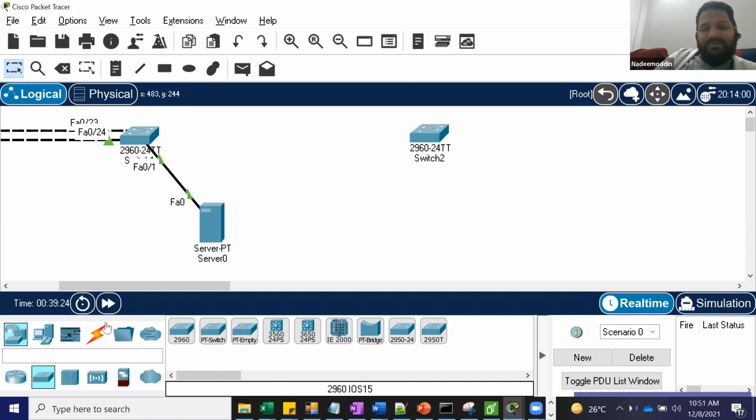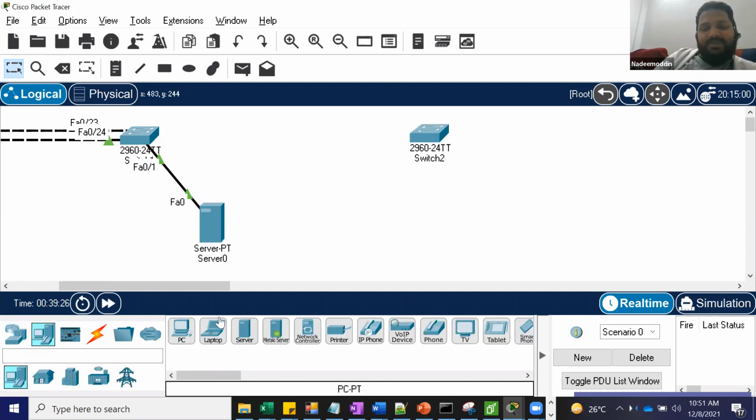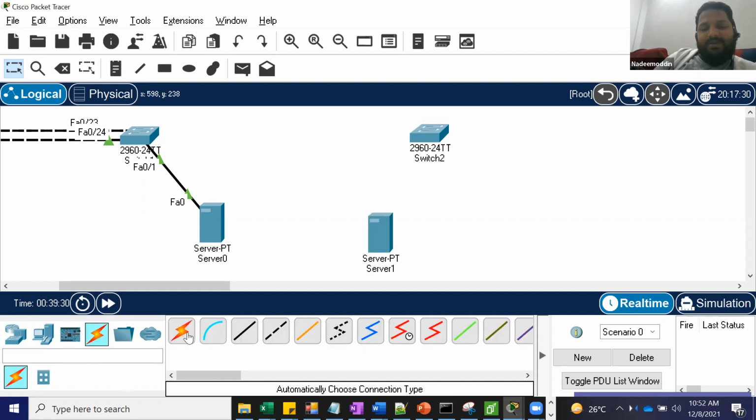Let me take another switch, which is running normal STP, and let me connect it to this port. Okay, now see, orange port. First, it will take orange, orange, orange. Just see the timer, how much time it's taking. Listening, then learning, then forwarding.